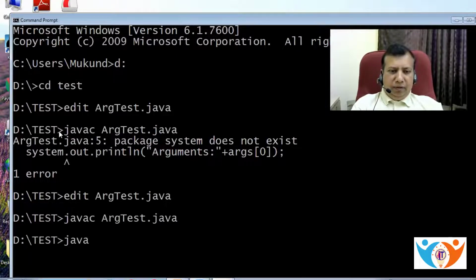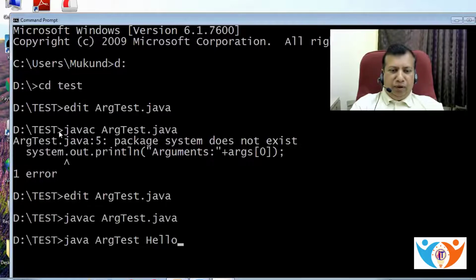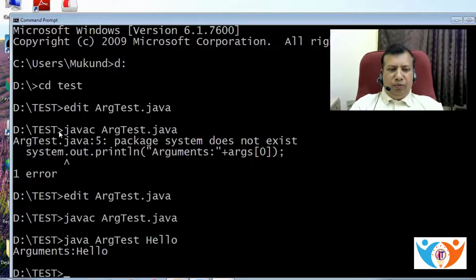java ArgTest, and here I am passing the argument hello, a single word passed as an argument. And what will happen? It will display "arguments hello". Now the program works very well when we are passing exactly one argument.